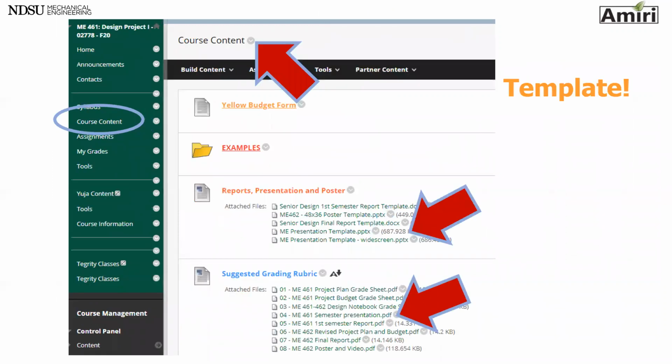The other thing is I have also included a presentation template for your convenience. It's not a requirement to use this template presentation, but I've made one, which I'll talk about a little bit later. One is just a normal size, one is a widescreen